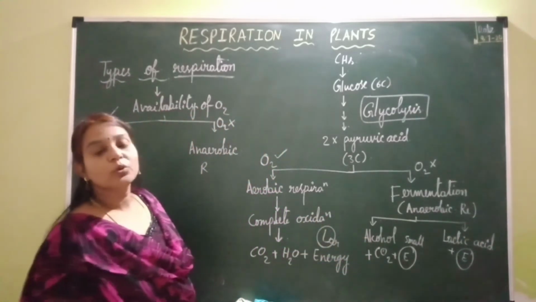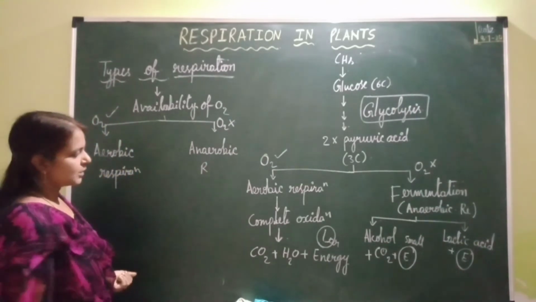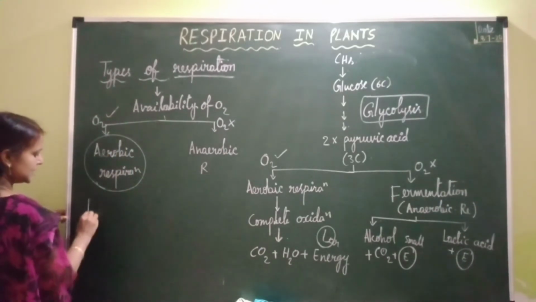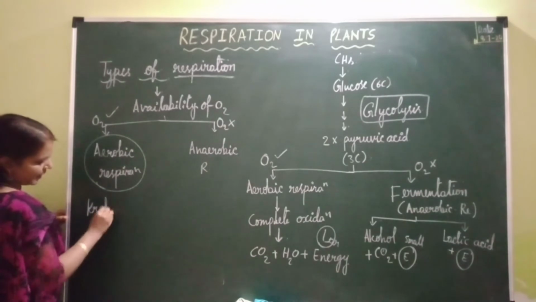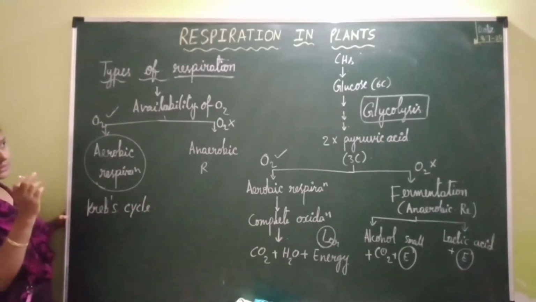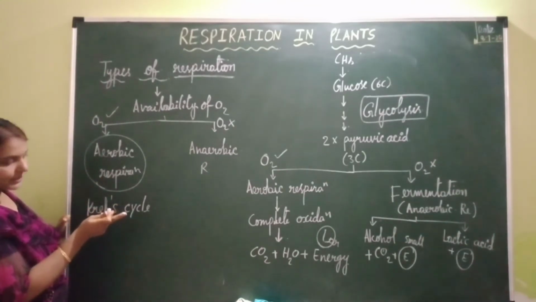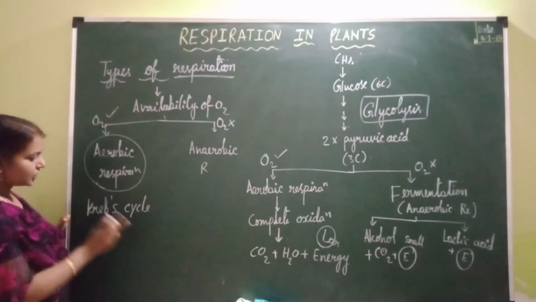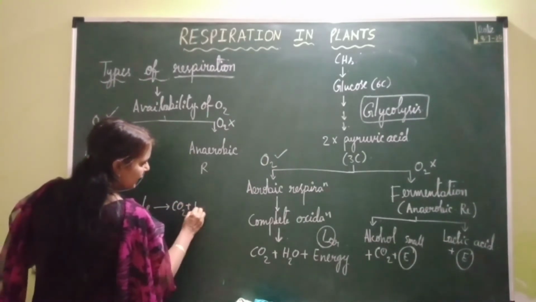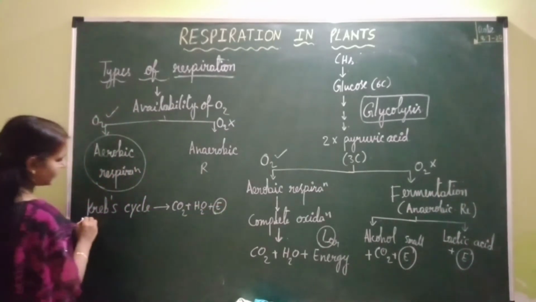So this is the overview of types of respiration, that is aerobic and anaerobic respiration. Aerobic respiration occurs by the Krebs cycle. So what happens first? First glycolysis occurs. After glycolysis, 2 molecules of pyruvic acid are formed. That pyruvic acid undergoes complete oxidation into carbon dioxide, water and some amount of energy through this cyclic pathway called